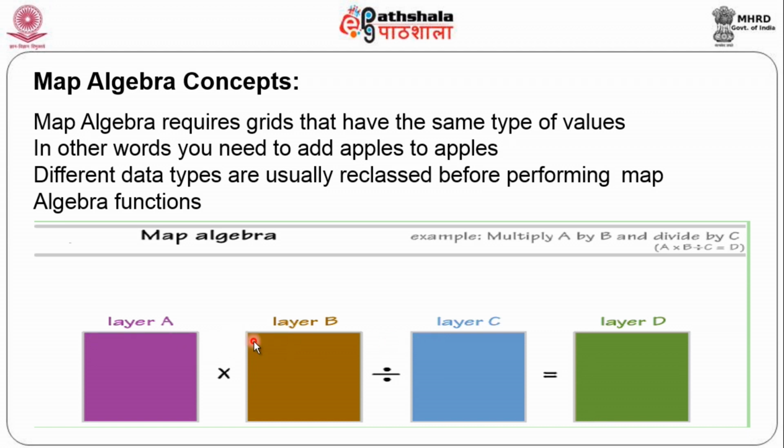This one into one divided, that value is divided by one of this, and the output is stored here. So this is the way you can do it. Of course, in the case of your vector data, this will be one zone, this will be one zone, and this will be another zone, something like this. So output will be varying, but here cell values are there, making calculations much easier. So that's the reason why people try to use vector raster analysis in some of the applications where you go for values.